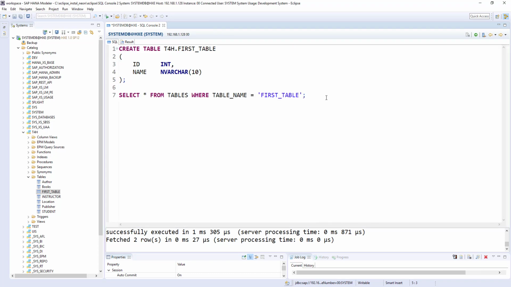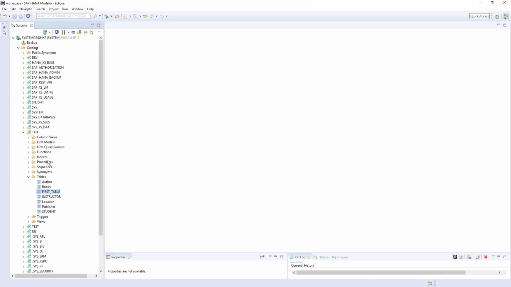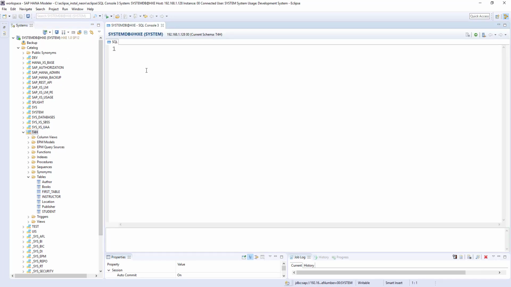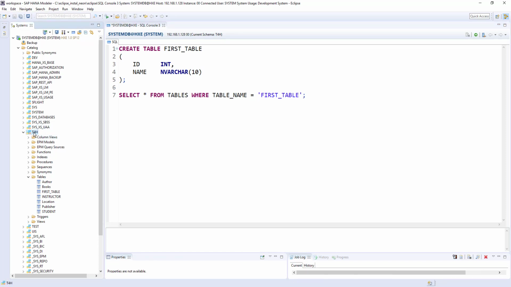Let me take this code and I'm closing this SQL window. This time I'm opening the SQL window from the t4h schema node, and I'm using the same code, and this time I'm removing the t4h, because now I opened the SQL window from the t4h node. As I said earlier, the node from where you open the SQL window makes a difference.